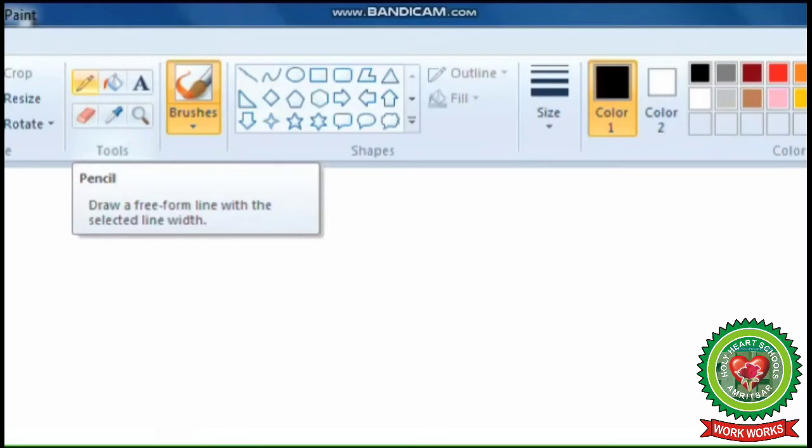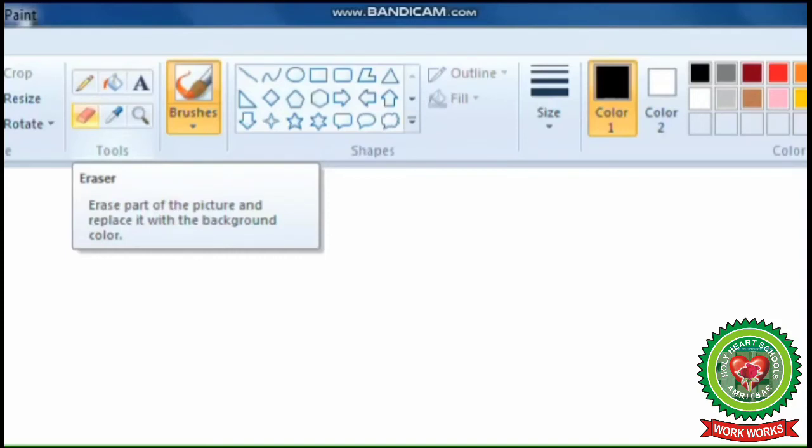Pencil tool is used to draw freehand drawing. Now after pencil tool, eraser tool is present under the tools group. Eraser tool is used to rub the mistakes in the drawing.